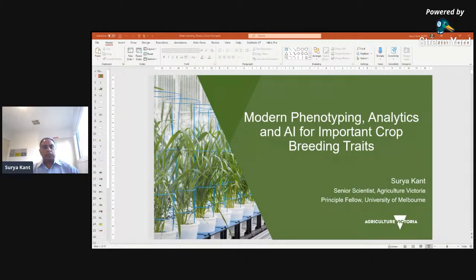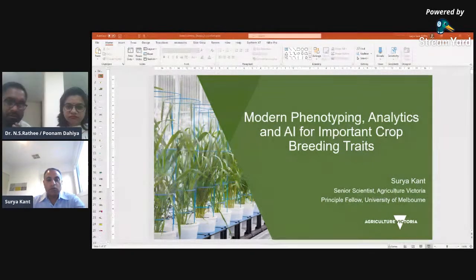And for the field condition, we have different aerial platforms ranging from small to very big, and from short flight duration to long flight duration, or different payload capacity, because those sensors come in different weight and carrying capacity. And then for sensors, we have digital RGB cameras, multispectral, LiDAR, thermal, and hyperspectral cameras for the different traits which I was showing to estimate. And again, taking those images or data is the easy thing, but the important thing is how you can make